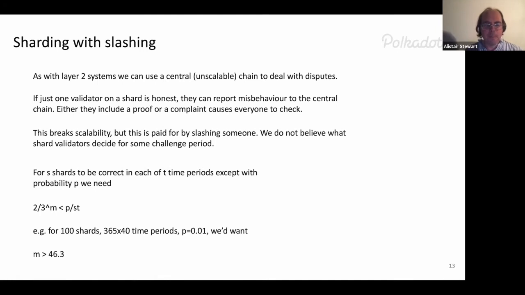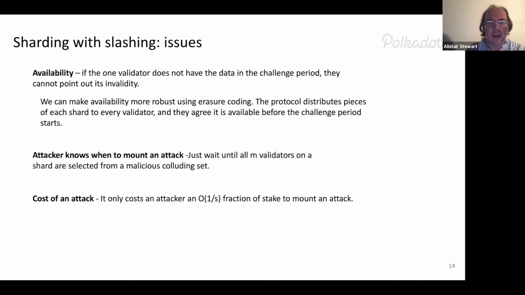But there is kind of, so one thing here is that we know exactly one disadvantage of this sort of system. So there's two big disadvantages. One of them is this so-called availability problem, right? If we have our one honest validator and everyone else is dishonest, they don't need to give this guy the data, right? They can just hold it back and claim it's correct. Now, if you're a Bitcoin miner and you withhold the actual block, no one else is going to build on it.